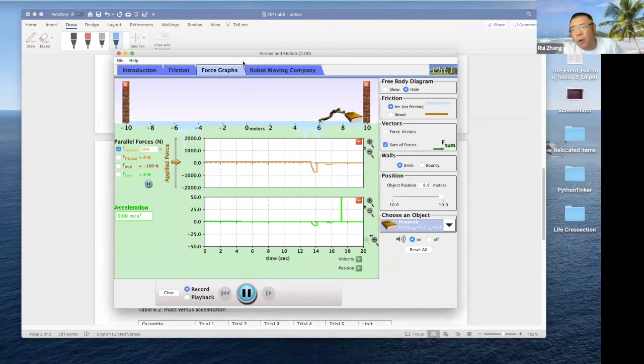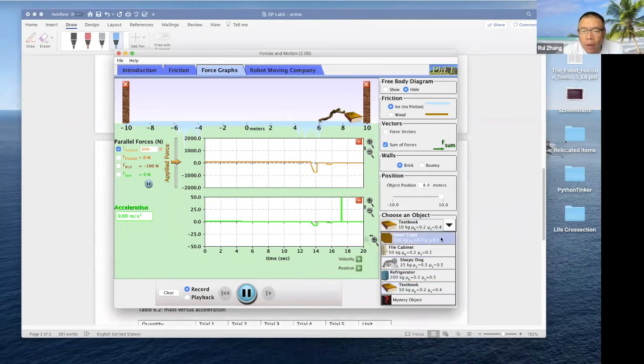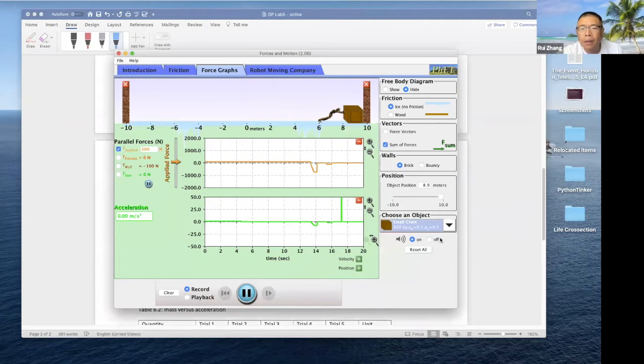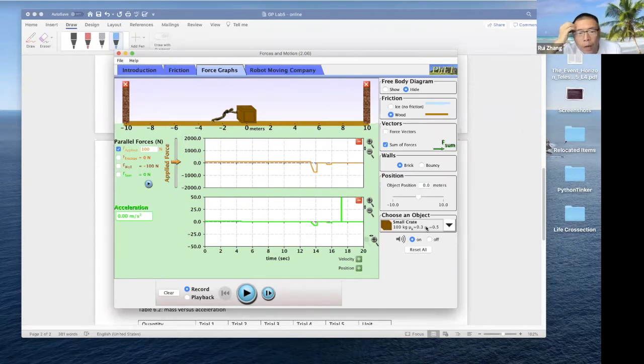But we're going to focus on friction in this case. Okay, so what we want to do here is choose an object. Let me stop here. Starting from position, this time we're going to put the friction in there. So there's going to be friction. Now see, it gives you those coefficients. And so what I want you guys to do here is